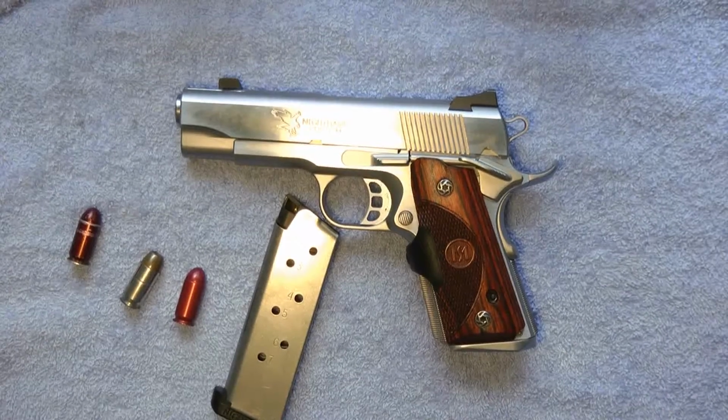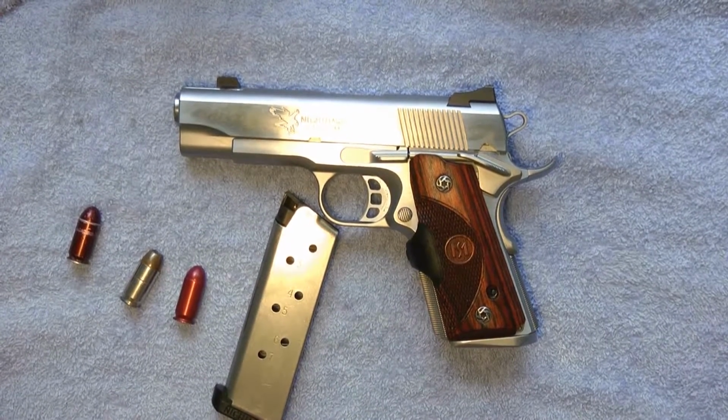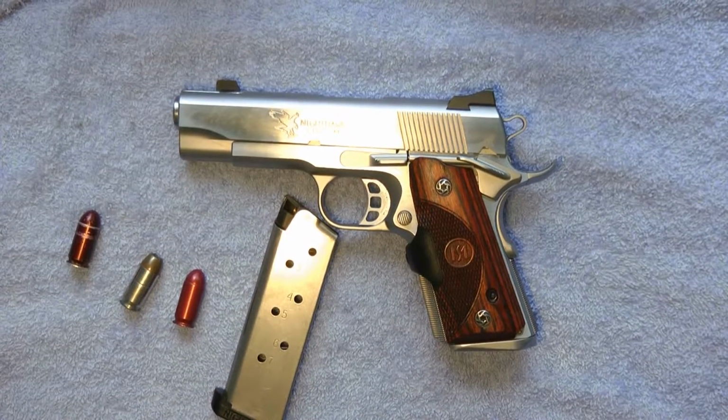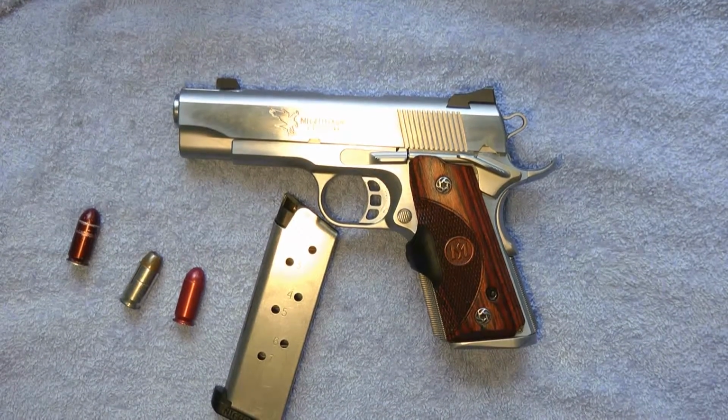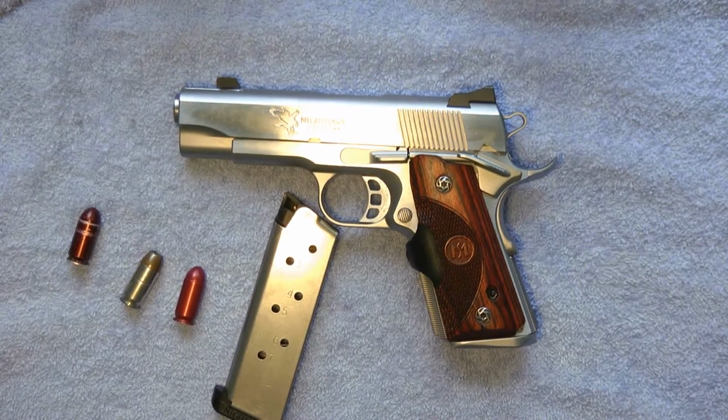Hey guys, today I wanted to show you how to test a gun if you don't have access to a range, and this is just showing you roughly how to test it. This is by no means inclusive. It will require you to have